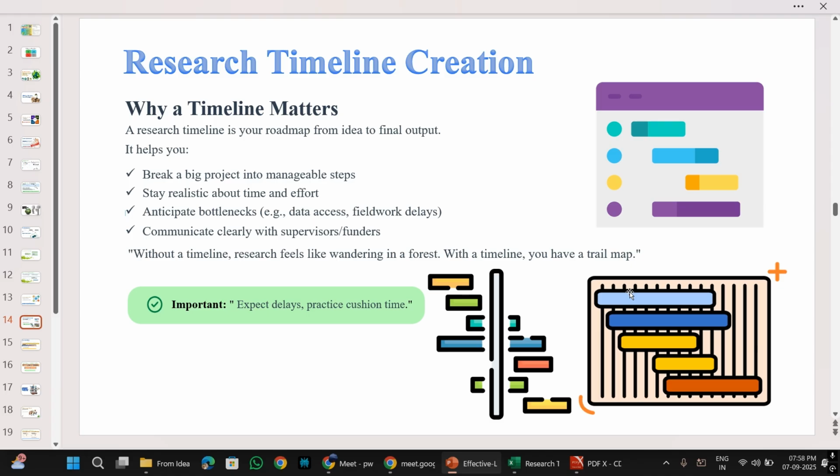Communicate clearly with your supervisors, the funding agencies, or with your colleagues. Often what happens is, this is one research that I have conceived, so I'm not going to talk about it to anybody, not even to my advisor, because I want to be the whole and soul of this particular research. So I don't want to talk about it, I will keep it to myself. The best is I read a lot and things like that.